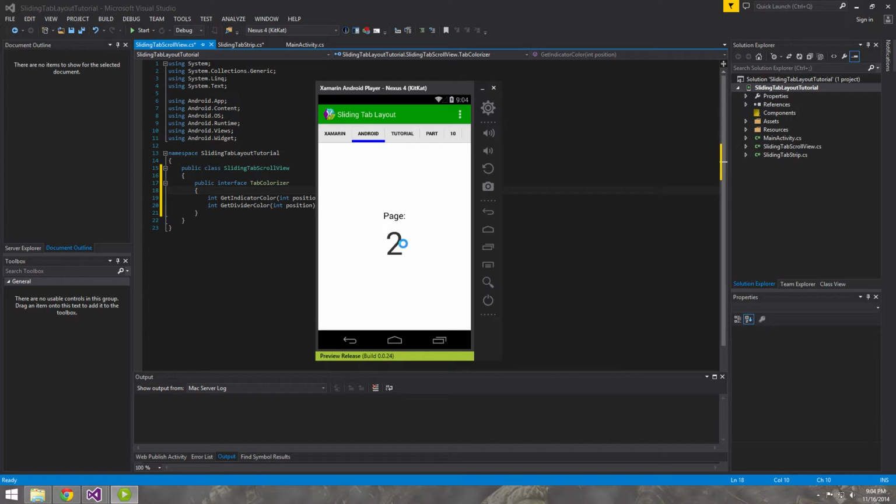What's up, guys? So this is our 11th tutorial on Xamarin.Android, and we are actually in the middle of creating a sliding tab layout navigation system, much like the one in the Google Play Store. And if you're just tuning in, we've already done one tutorial, the Xamarin.Android tutorial number 10, in which we created